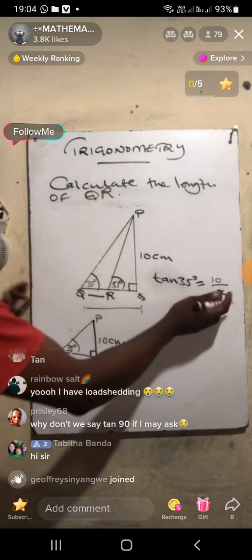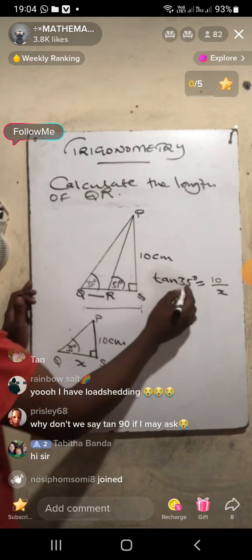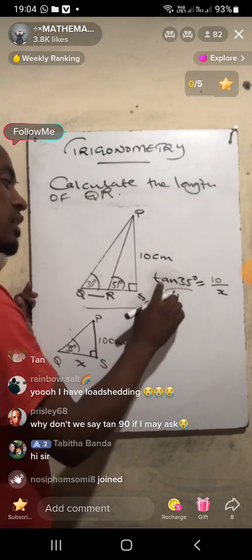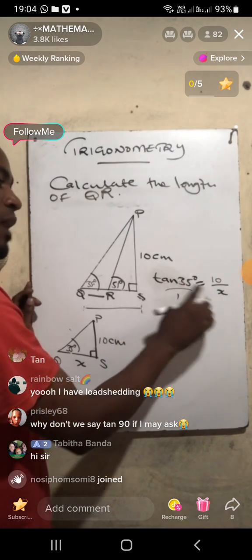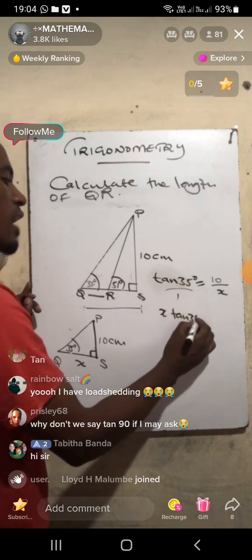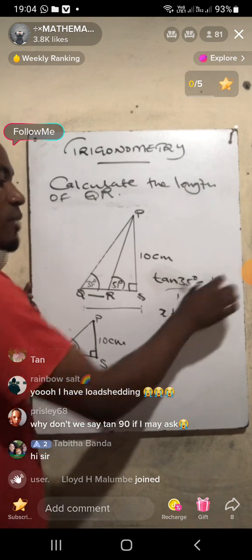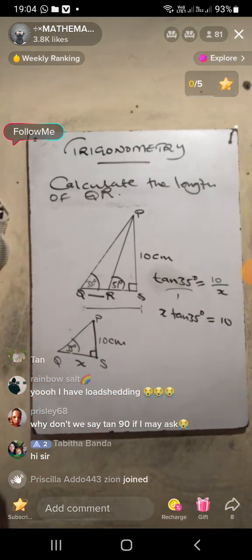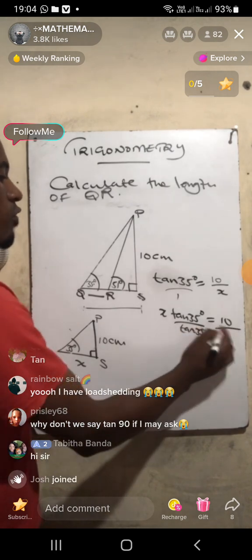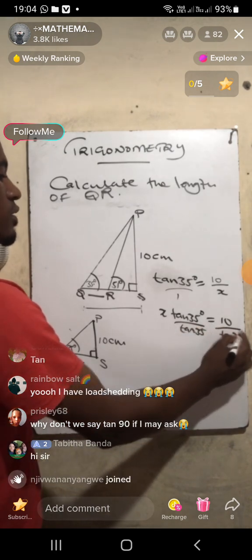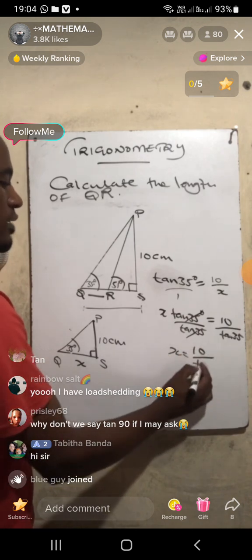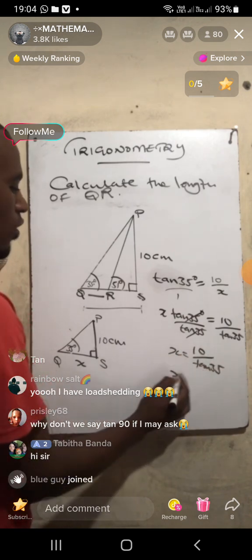So we want to make x the subject of the formula. So we are going to cross multiply. So it will be tan 35 multiplied by x. So x tan 35 degrees is equal to 1 times 10, which is 10. Then we divide by tan 35 on both sides. x is equal to 10 over tan 35. Then on our calculator,